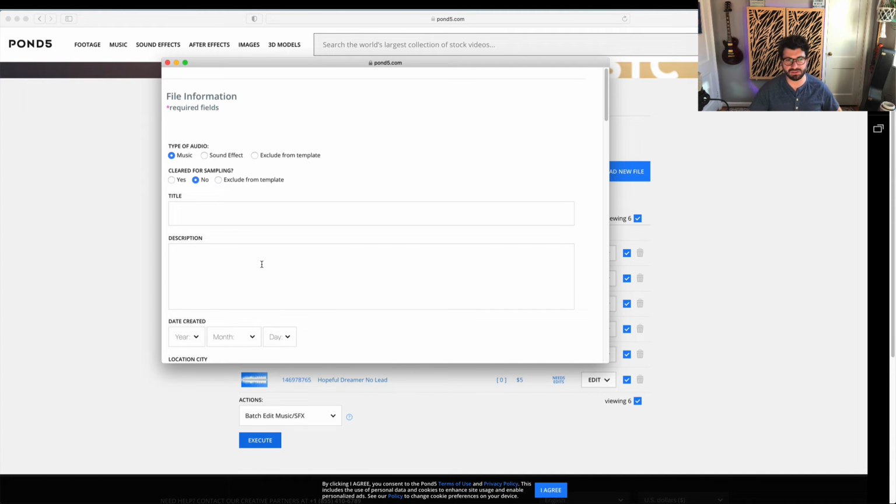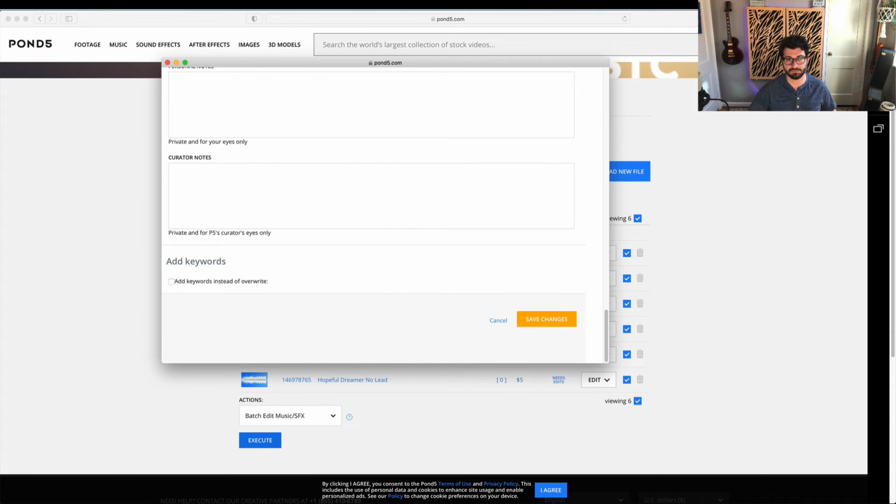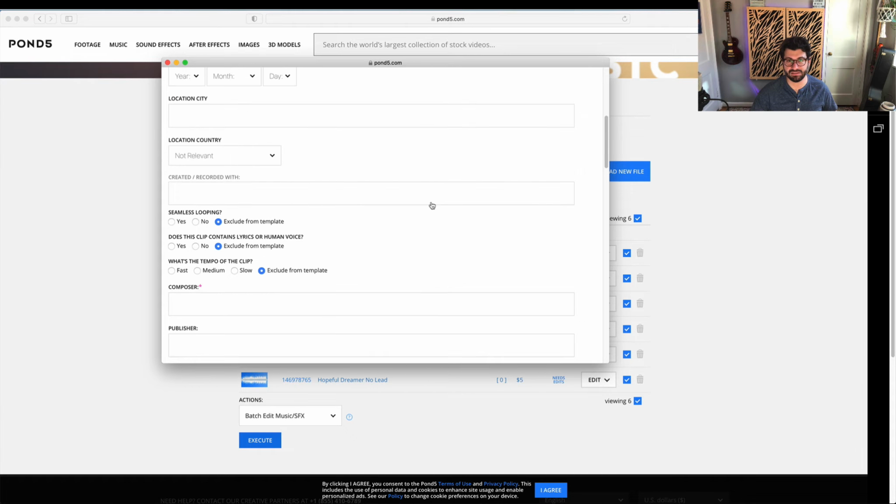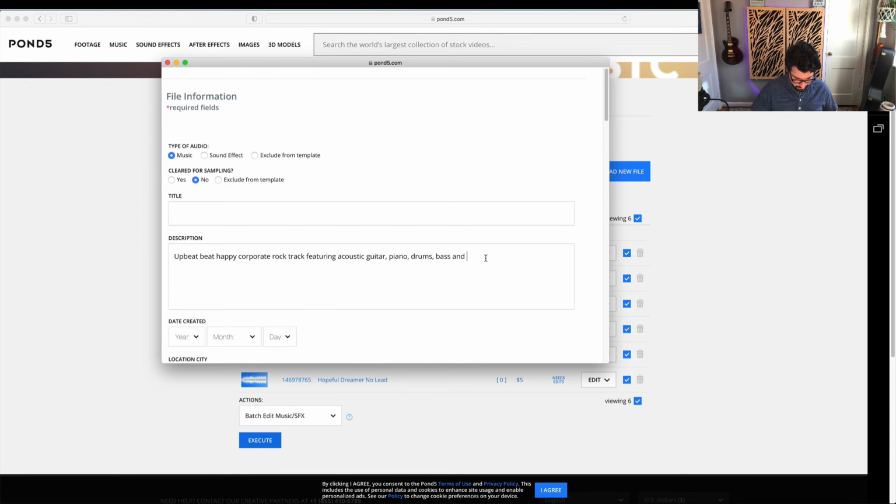But for this type of song, we'll use a description that says: upbeat, happy, corporate rock track featuring acoustic guitar, piano, drums, bass, and keyboard. This inspiring. We'll do spell check later. Inspiring